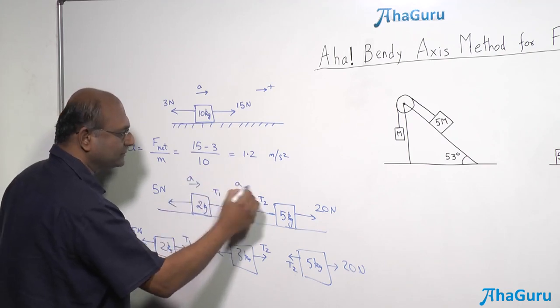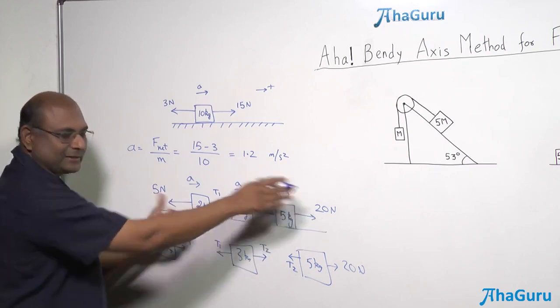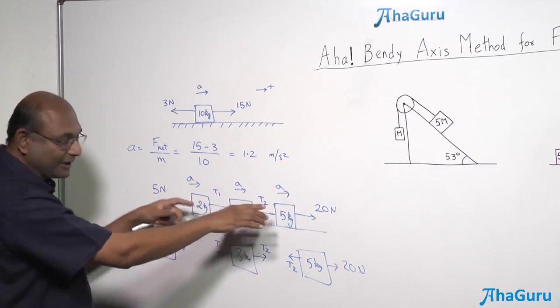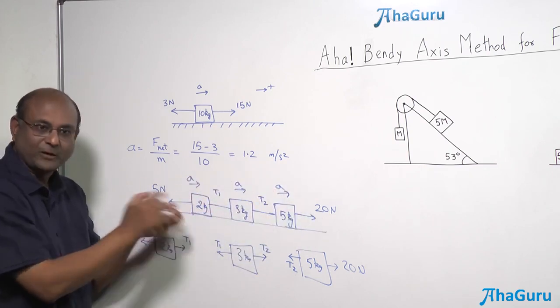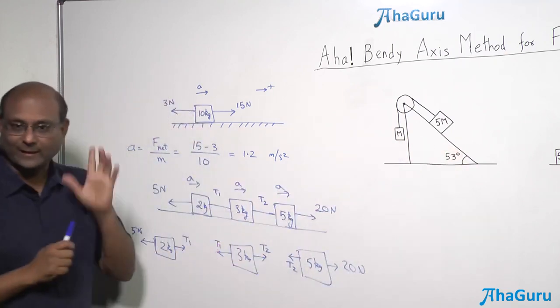How do you know this? Well, that of course requires a little bit of intuition, but you can see that you're pulling in this direction, you're pulling in that direction. The ropes are already taut. The ropes hopefully don't break. So when you pull it like this, actually it's all going to move like that together.